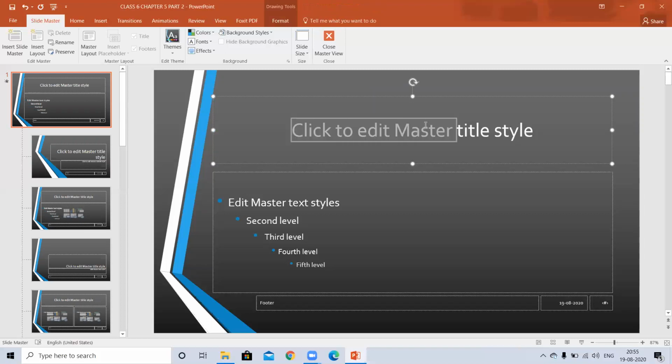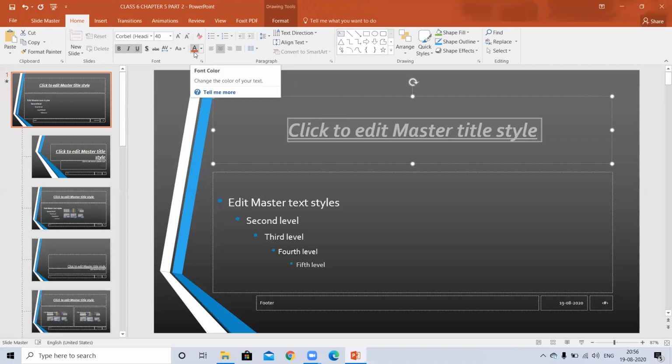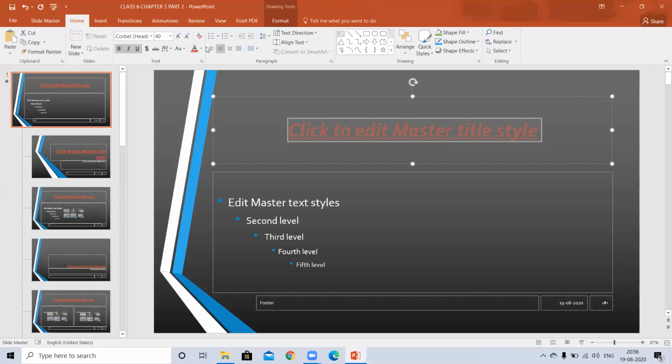and I select it, then I go to Home and make it bold, italic, underline, and I change its color. Can you see the changes on all the slides? I think it is visible on all the slides.